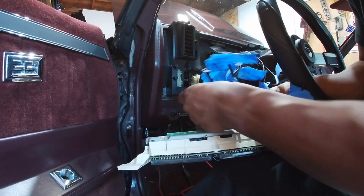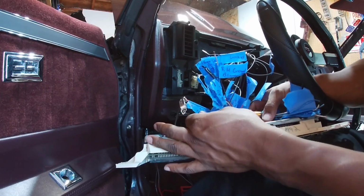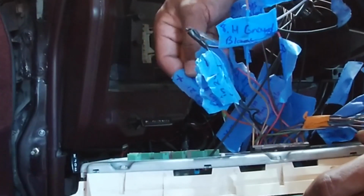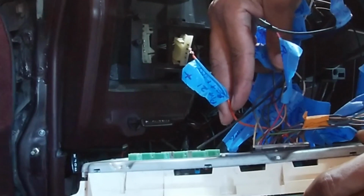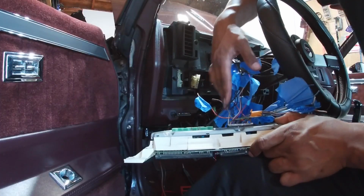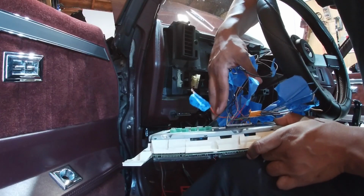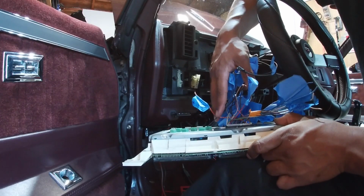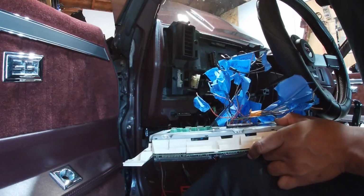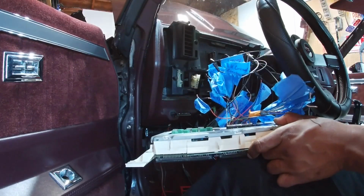So the main thing to power it up is you have one main hot feed, which is this orange wire here. I labeled them, yeah. This orange wire is pin 21, a positive feed, and it's a battery hot source. So you want to hook that up to something hot. What I have is it hooked up to the ignition coming off the fuse panel. So that's my hot lead. When I turn the key on, it turns that on. Two other